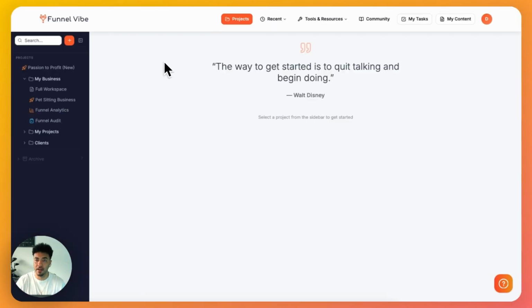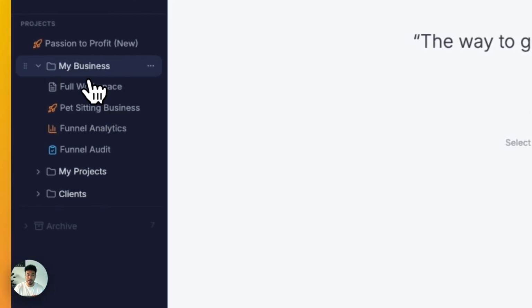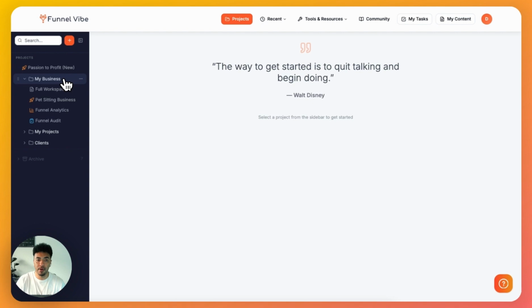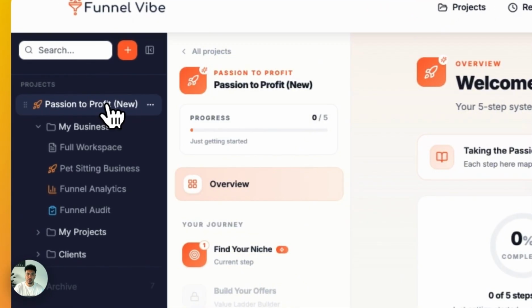So if you go here on the main dashboard, here on the sidebar, this is where you can see all your projects. You can manage your own, or you can manage different client projects, or you can just organize it any way you want. In this case, I created a folder called My Business, and I added each one of the projects within here. That way I know all these relate to that business. I'm going to wait before I show you the full workspace because this is the more advanced one. I'm going to go over the other ones, and then you can see how they fit together here in the full workspace. So firstly, I'm going to open up the Passion to Profit project type here,